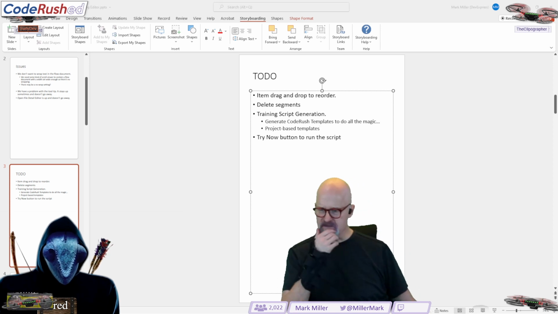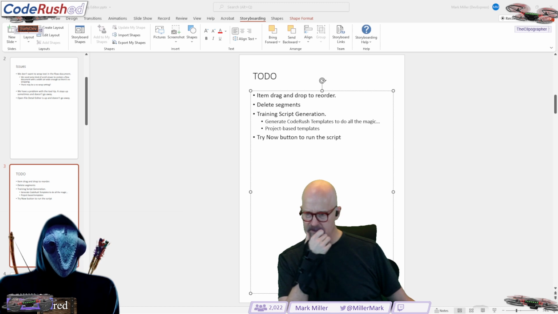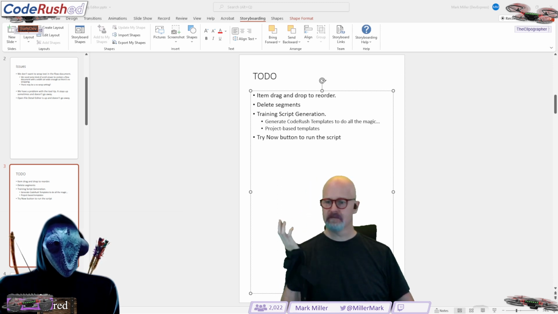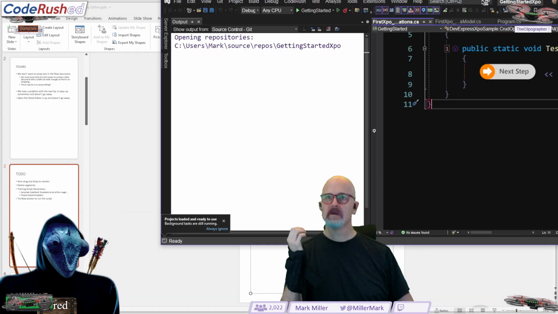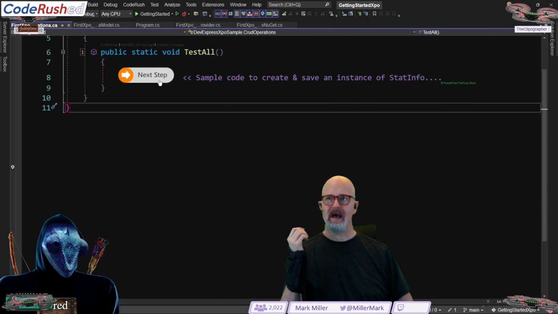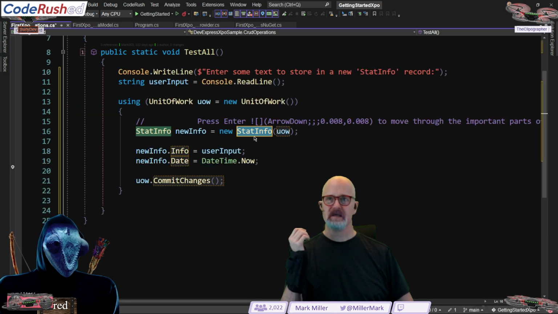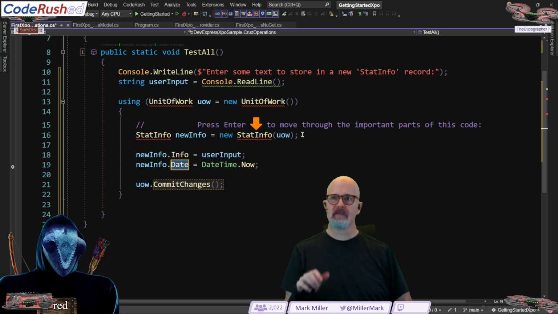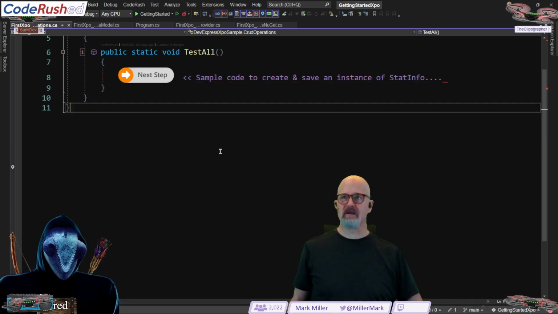And in case you guys haven't seen it, it's going to look something like this inside Visual Studio. Like that, and we'll be able to click this and it'll generate some code for us like that, and we'll be able to move through it. That's kind of what it's going to look like.